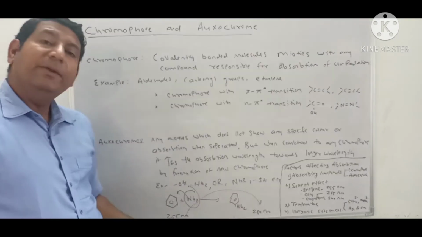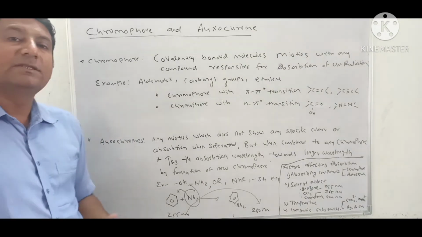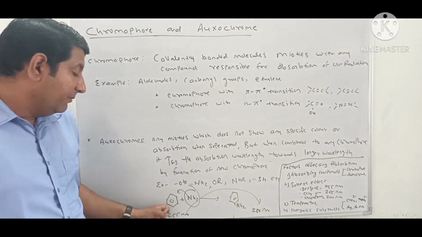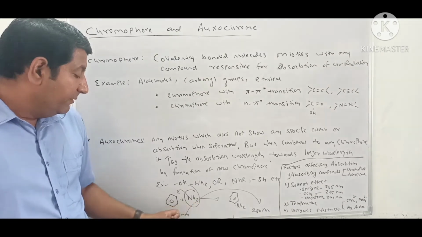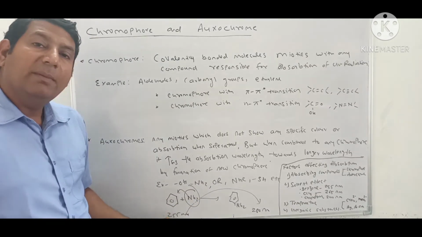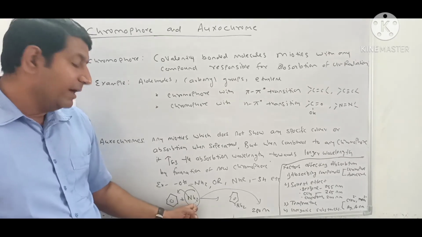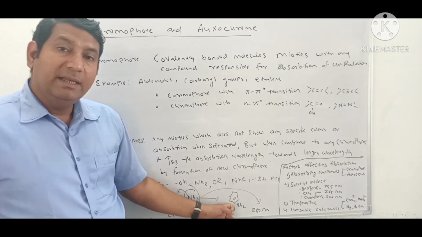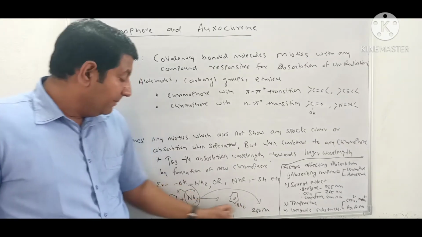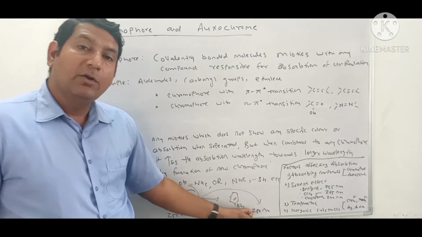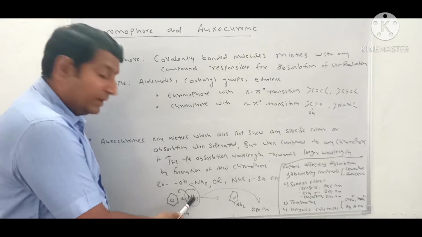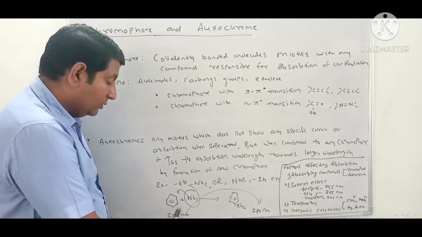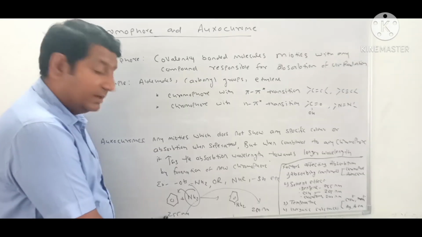Let us take one very good example to understand the concept of auxochrome. If we take a reaction of benzene and amine, we know that benzene has a lambda max of 255 nanometer. When it reacts with amine, it will form aniline, and the lambda max of aniline is 280 nanometer. So we can say that when this auxochrome is attached to this benzene, whose lambda max is 255 nanometer, now